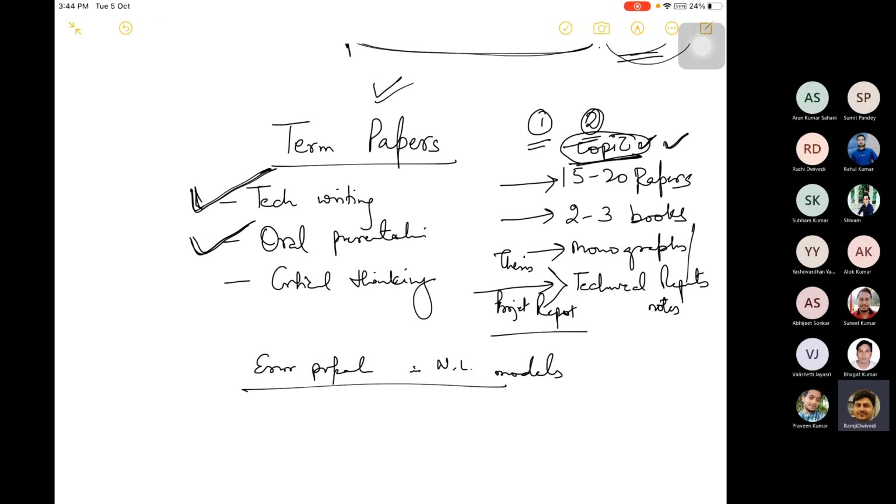So oral presentation is a very critical part for a PG student, as well as critical thinking: how your mind is thinking when you talk about a particular subject, how well you have imbibed the knowledge, and how well you have read those papers which you have taken as reference. So you will be presenting a PPT, and you will be writing a 4-page double column report also